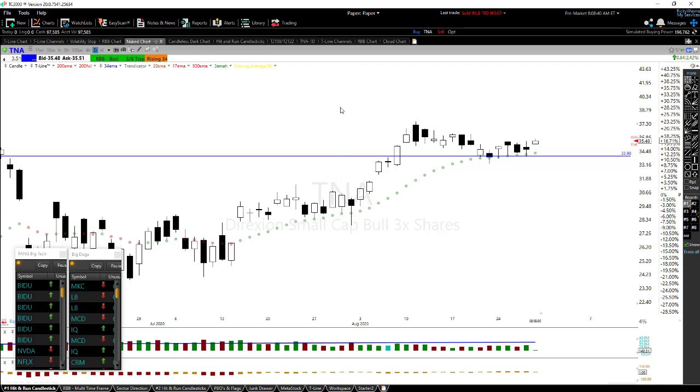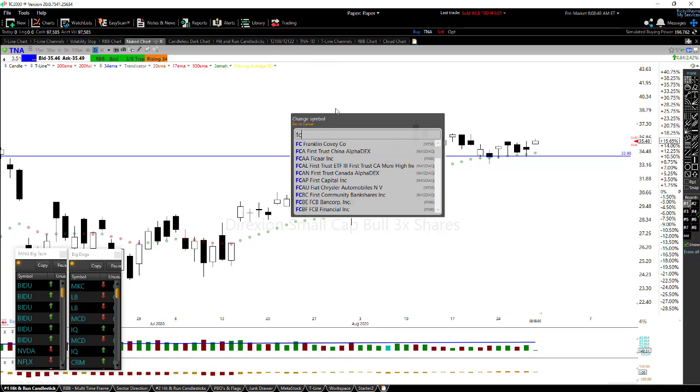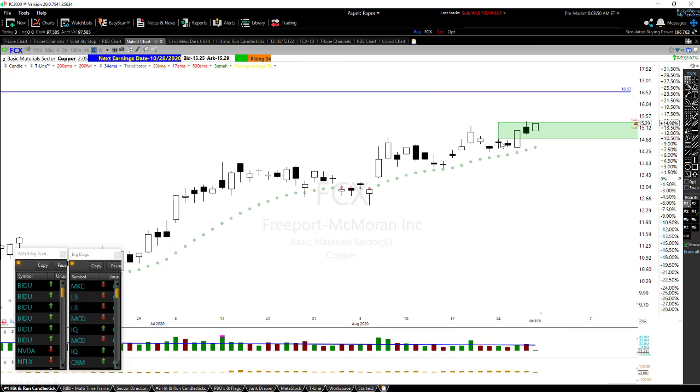Okay, so another one I did was, let's see here. There we go. Some FCX. I took off my FCX yesterday for a 15% base hit, and I'm very likely to put it back on. I was asked the other day why I would take that off, because really that's not a sell signal here. Why not hang on to it? And